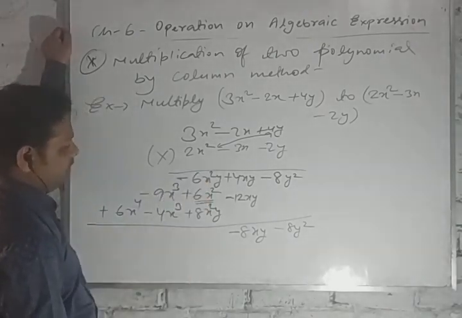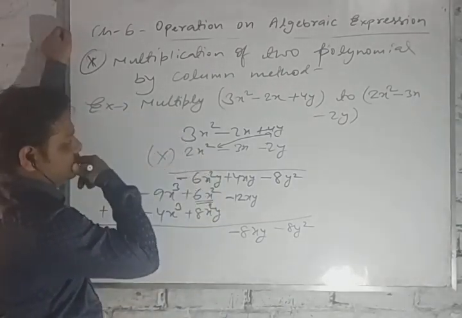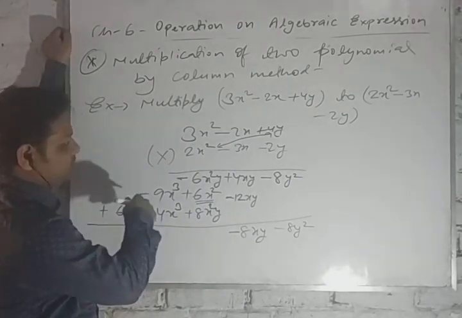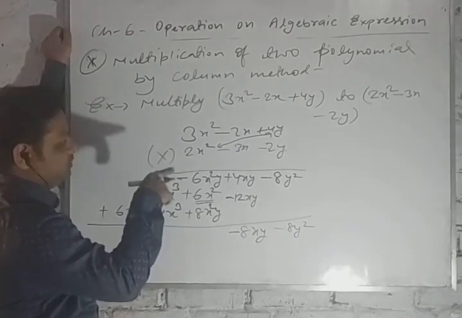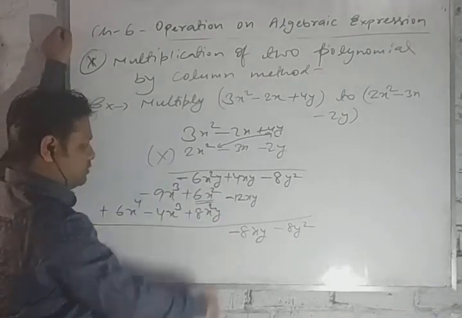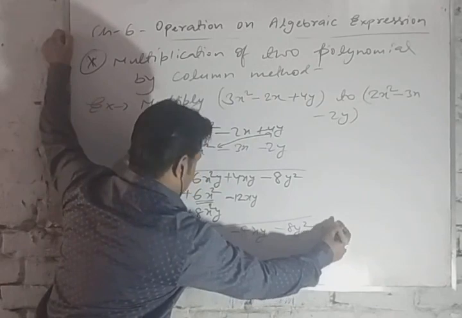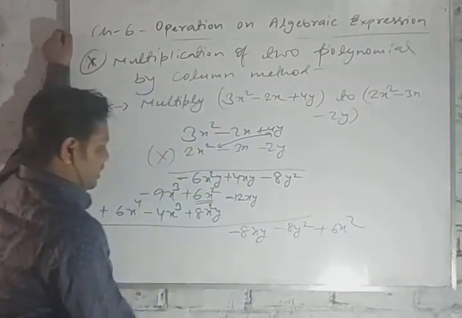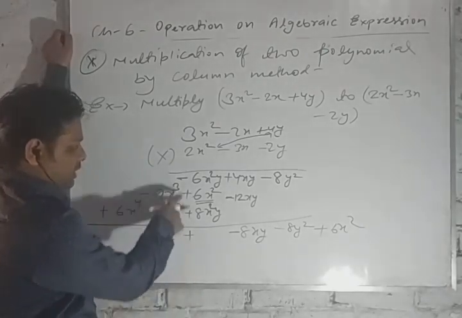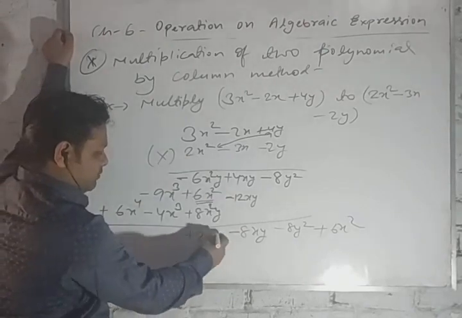Okay. At first, 2 to the 4x cube, 2 to the 4x square, last term 4x cube. Good. Second term, 2 to the 6x square, 2 to the 12x square. Yes, good. Now this term which is not matching we will write at last here, 6x square y. Now this one is minus plus minus. Which one is greater? 8 is greater, so we will write the plus sign. Now minus plus minus, that is we have to subtract 2, and the variable is x square.